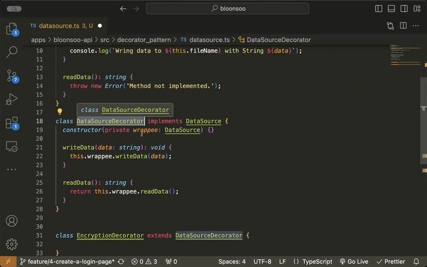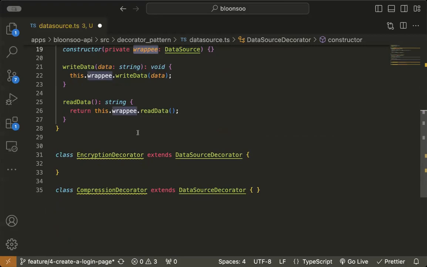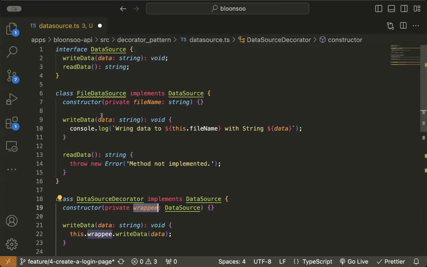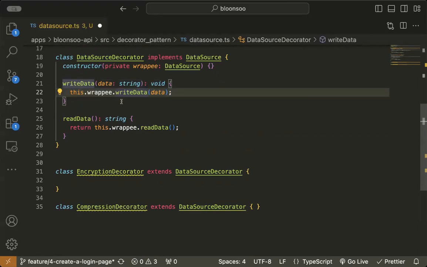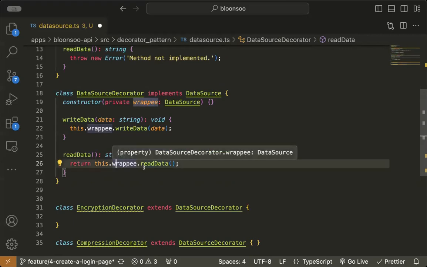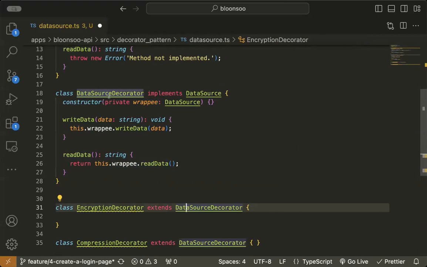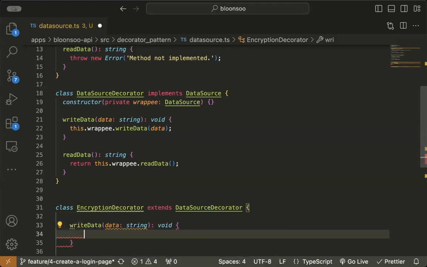Okay, so we can't create a data source decorator by simply having it. We need to provide a data source, which is going to be this file data source that we're going to be using, and we are going one by one, providing the read and write mechanism. So remember, when we are writing data, it's going to call the wrapper's write data method, and when we are reading data, we will be calling the wrapper's read data method. So we are extending the data source decorator with the encryption decorator, and when we are encrypting, the methods are going to be totally different. So when we are writing data, okay,